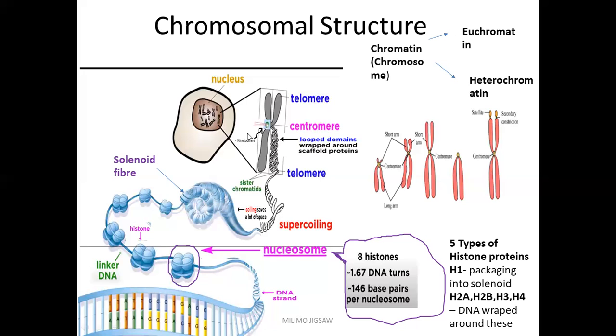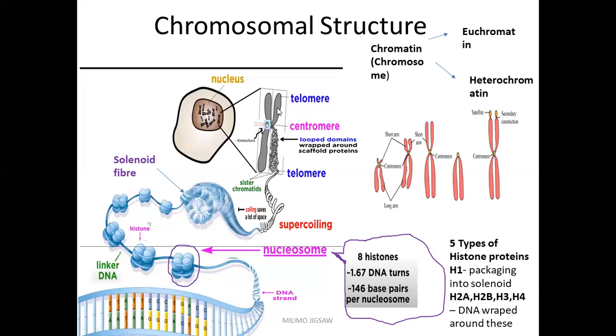The kinetochore is a protein complex essential for proper chromosomal segregation during mitosis. As we can see, the centromere is a constricted region in this chromosome, and in addition, it separates the chromosome into a short arm